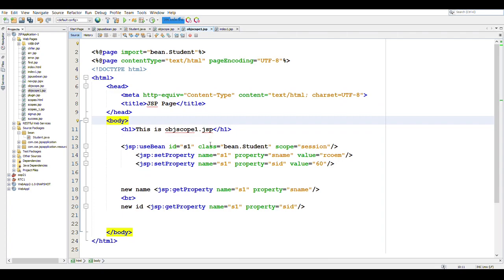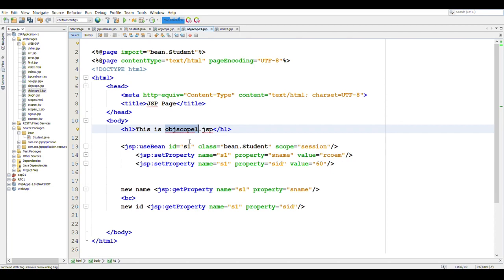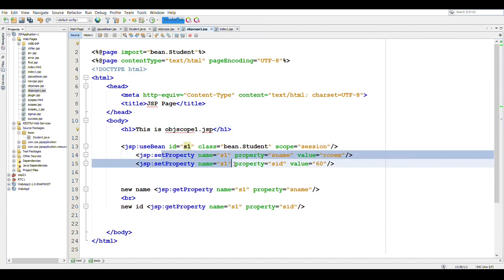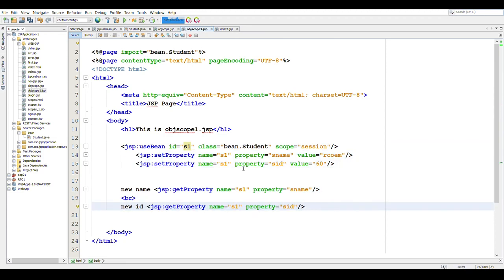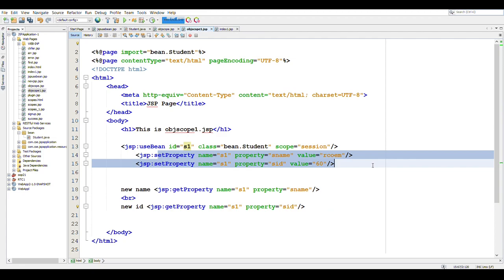Next we write a JSP file which is objectscope1.jsp, and here we will try to access the same JavaBean instance s1, set its properties to some new value and print the properties. Because we are accessing this object for the second time, we are using the set property tag outside the JSP useBean tag, because if we use it inside it will not work.